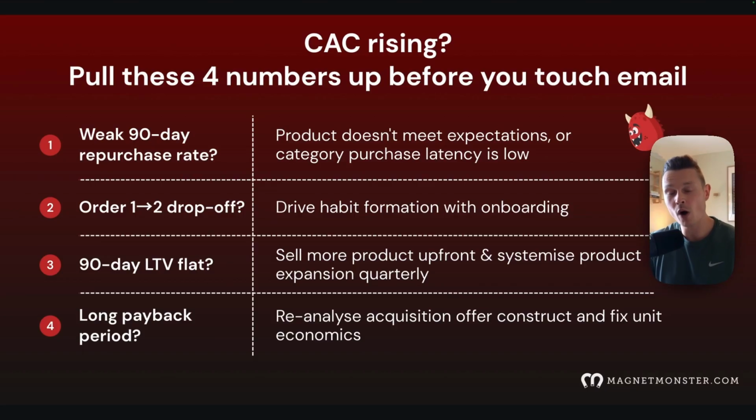Because why would they churn at order number 2? It's because either they're not getting results, they have too much of the product, or they don't know how to use the product, or the perceived value is being manipulated so people can take advantage of the introductory offer. So again, this is a structural issue with the business that email alone can't solve. And these are all the things that you need to consider before starting to send more emails. But specifically look at that onboarding period.